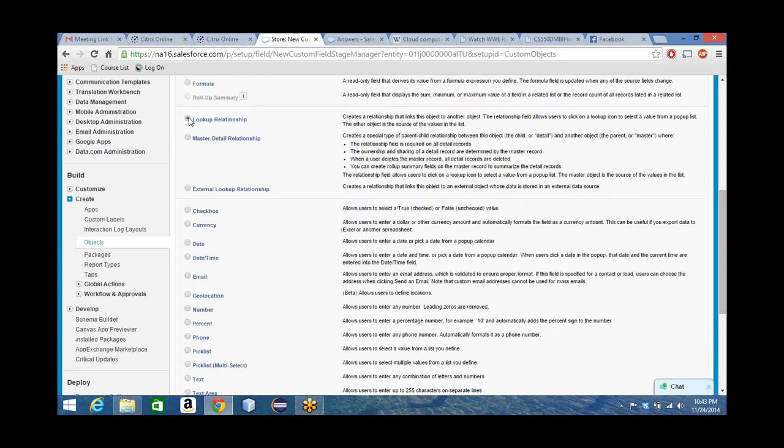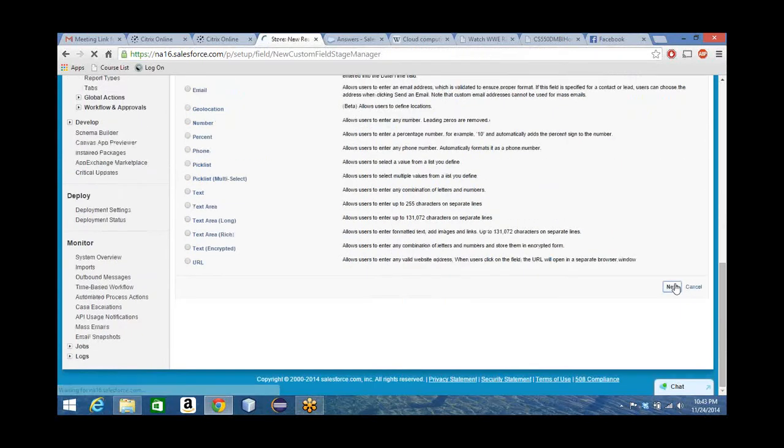Venkat, okay on this? Hello, Venkat, can you hear us? You there? Yes, yes. Okay. So this should be the field type, whenever you want to create a relationship field. This is so simple. You just have to identify which one is the child, go to the child, create a new field and select the lookup relationship for now. And then go to next.